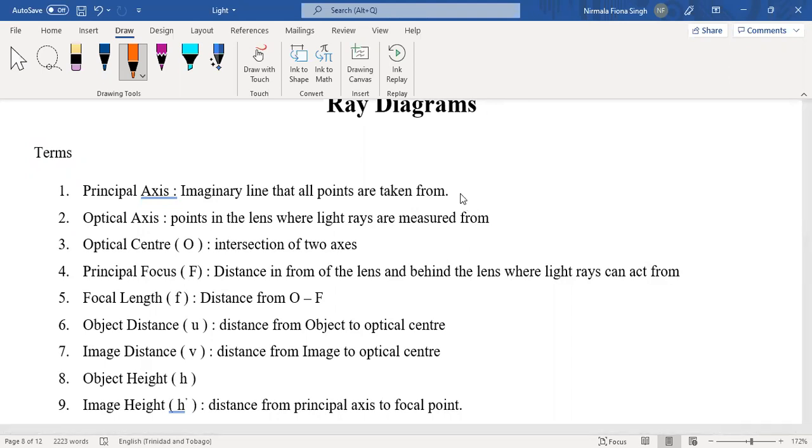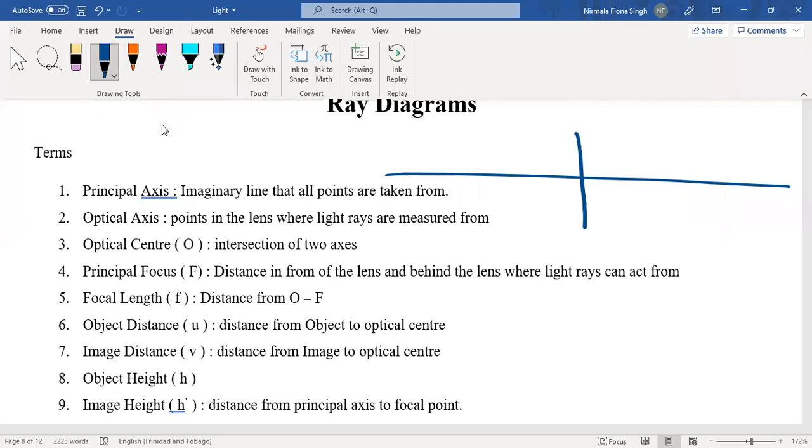So just to run it through you as you have the words in front of you. We have our principal axis. Our principal axis is just a straight line that we draw, that we take all references from. Right? It's just a line that we draw. This kind of represents a tabletop. Optical axis is